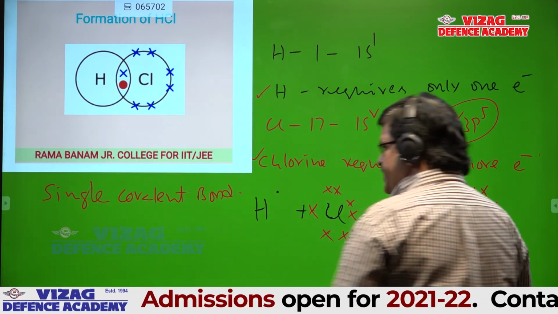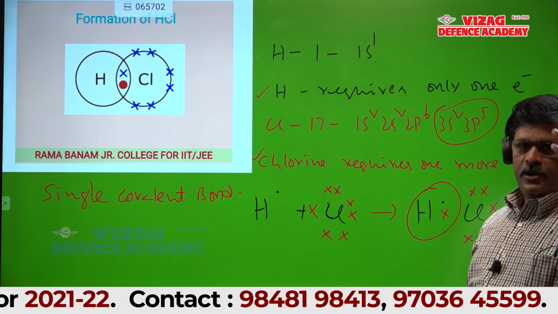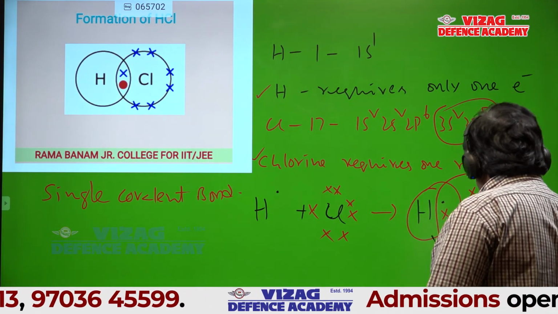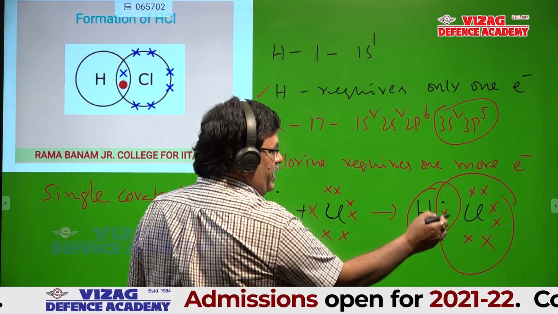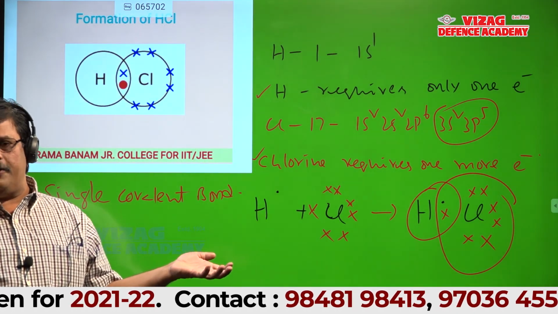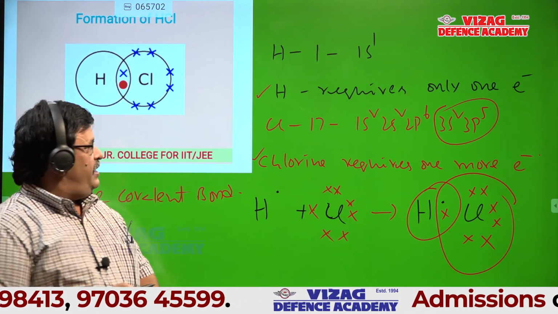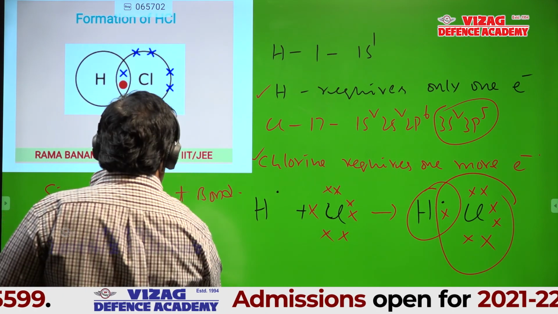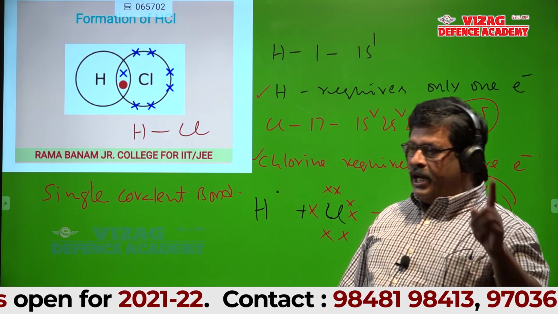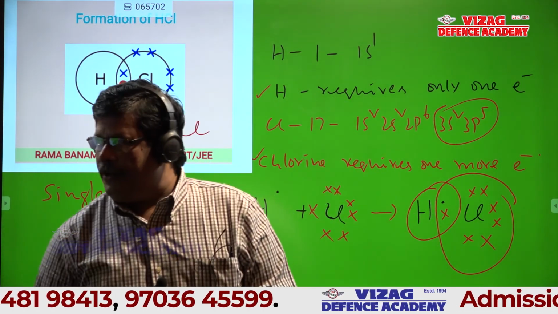After this bond formation, see, these two electrons belong to hydrogen. So hydrogen has a duplet configuration, and see the electrons around the chlorine. 7 red means 7 electrons from chlorine and 1 electron from hydrogen. So there are 8 electrons around the chlorine. So chlorine also attains an octet configuration. That's the formation of HCl, that is hydrogen chloride. There is a single covalent bond between hydrogen and chlorine in HCl. All of you okay, students?